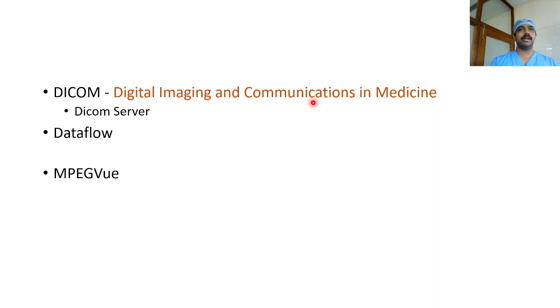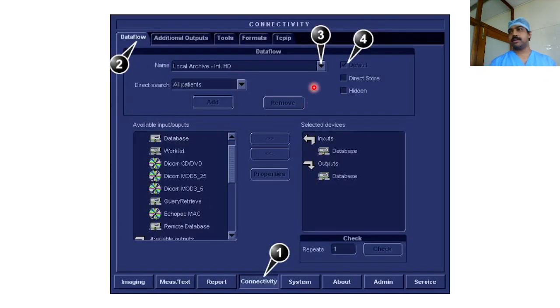That is, we call it data flow. The data which we have acquired, we make it flow and save it in various computers and servers. Based on how we set it, this image will flow and be saved in various locations. So that is data flow. This is an image setting showing the data flow in our Echo itself. If we go to the settings, we can assign where this recorded image should go.